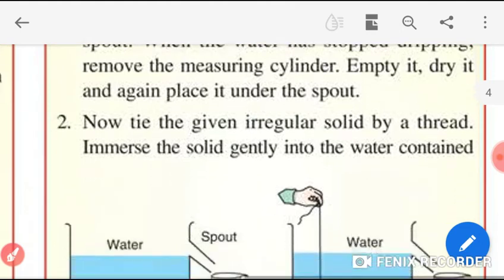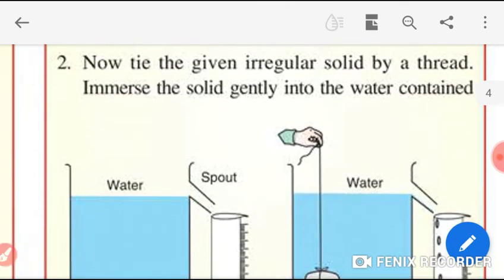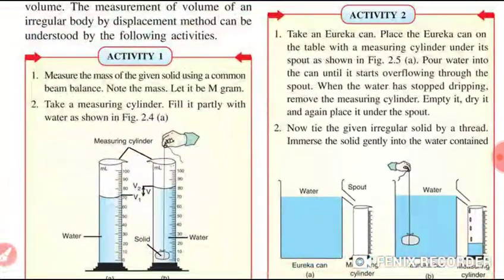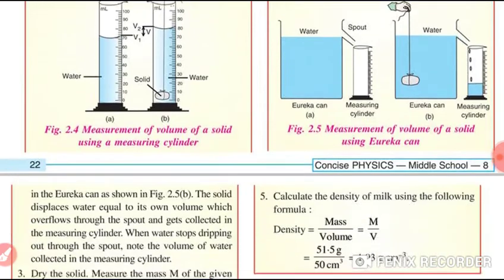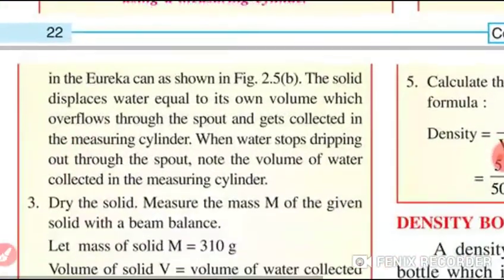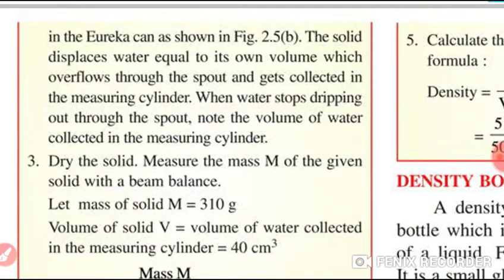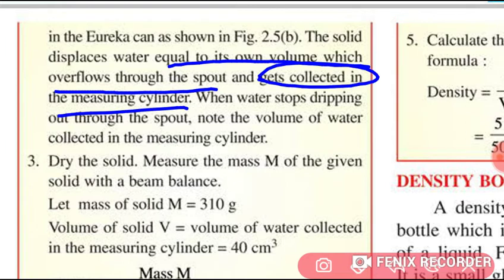Now you have to tie the irregular solid with a thread. Then you have to immerse the solid gently into the water contained in that Eureka can. Okay, now the solid displaces water equal to its own volume, which overflows through the spout, and then it will be collected in the measuring cylinder. When again the water stops dripping,